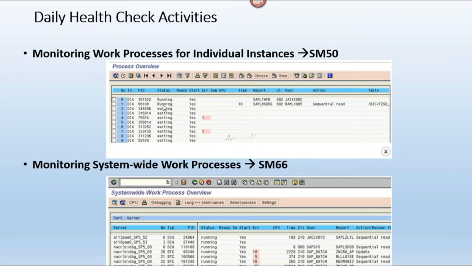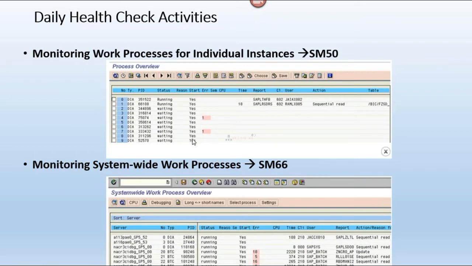If you double click on that work process, we can see the status on hold, waiting for RFC.